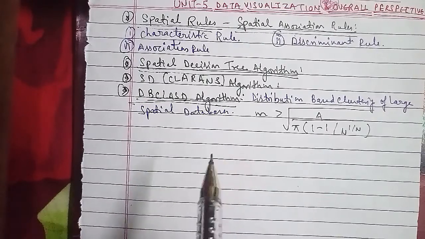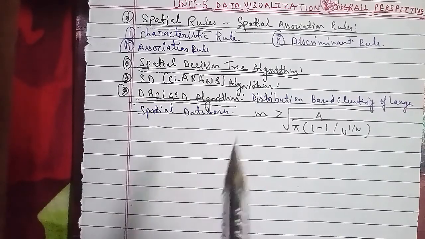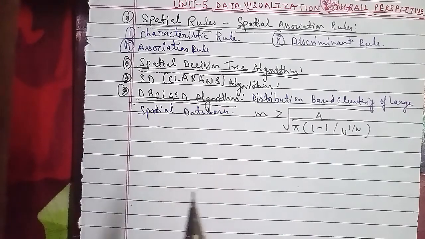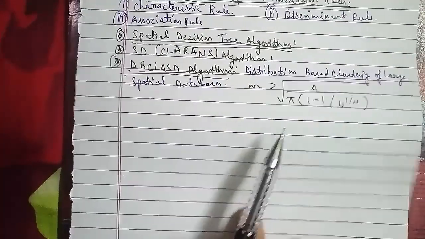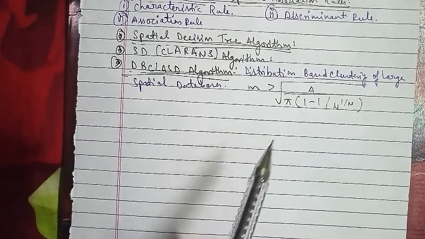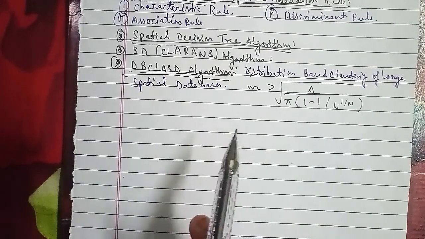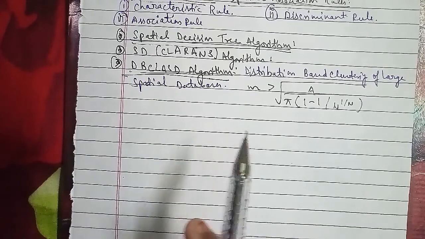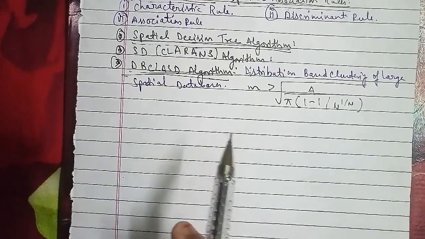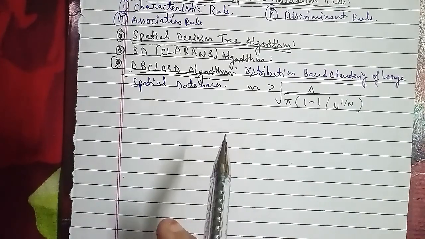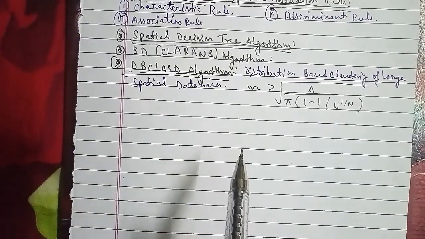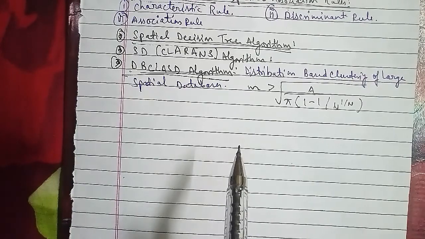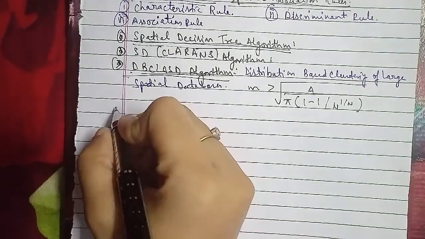Now we'll go ahead with the details, which is to write a short note on BANG, approximations and aggregate proximity, so we will discuss that here in detail. For the DBCLASD algorithm we talked about, the input is D, the spatial objects to be clustered, and the output is K, a set of clusters. Now, as I told you, we'll discuss BANG, approximation and aggregate proximity in detail. So let's go ahead with BANG.